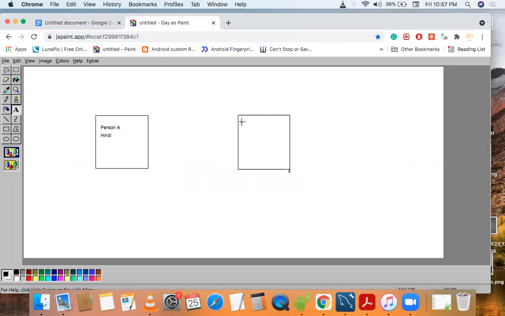The second person is person B, and he can speak only English. And suppose they want to communicate with each other. So how can they communicate? Because A knows only Hindi and B knows only English.